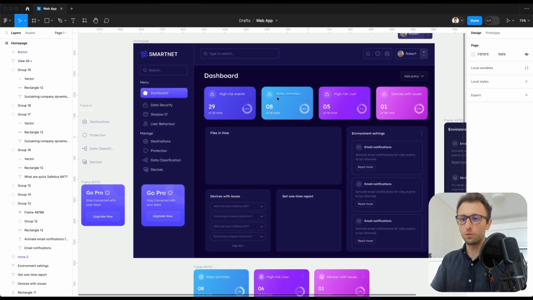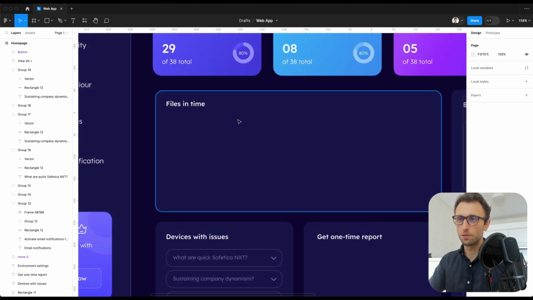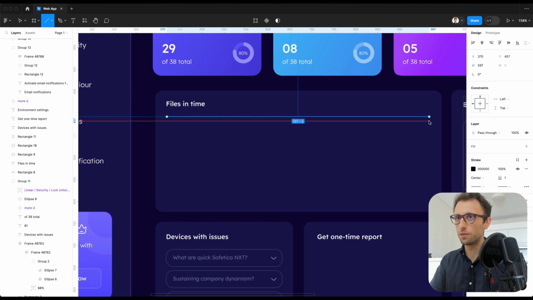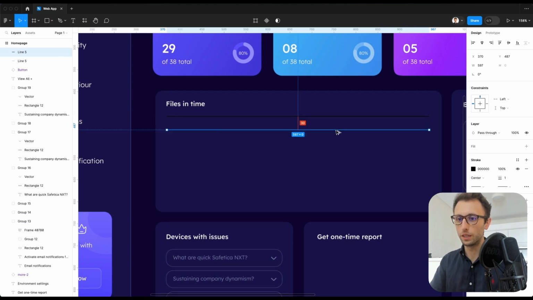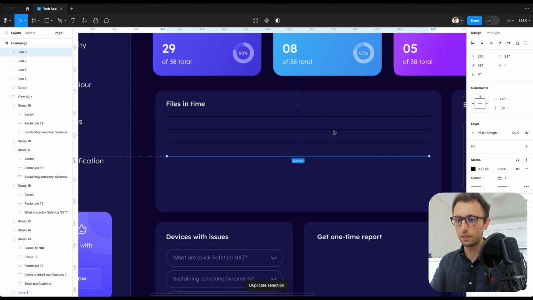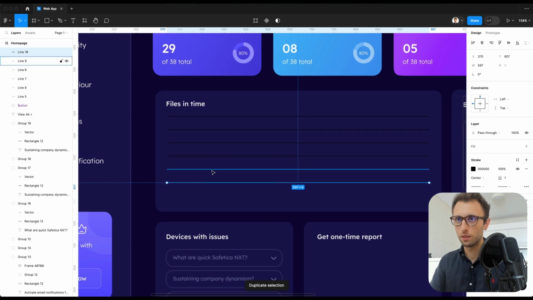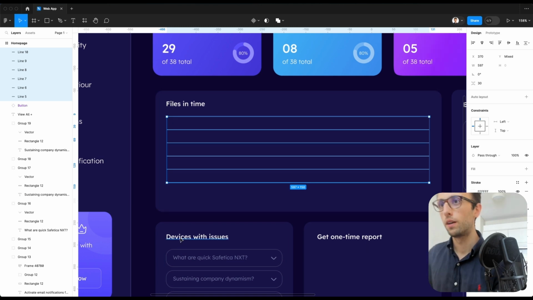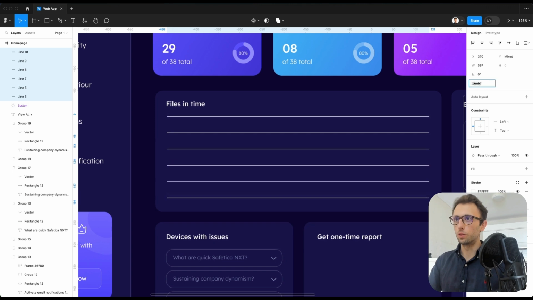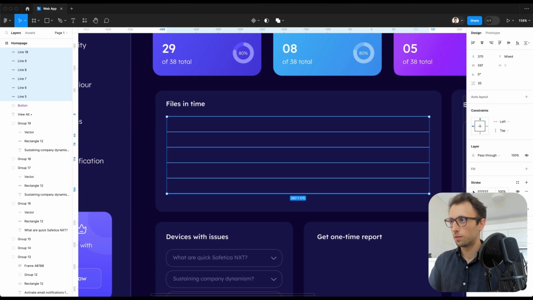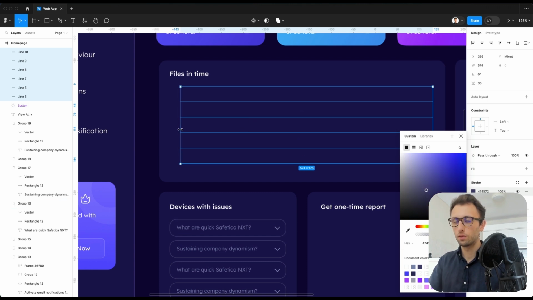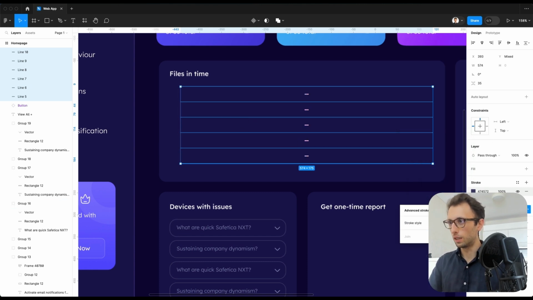So now we're going to focus on creating the actual graphs. So what we are going to do is essentially create a few different lines which are going to be located right here, and I think we need 6 of these, so this should be enough. Again, using Command D in order to create the duplicate. And what we're going to do is we're going to increase the size, make these lines this color. We're going to select the dash,